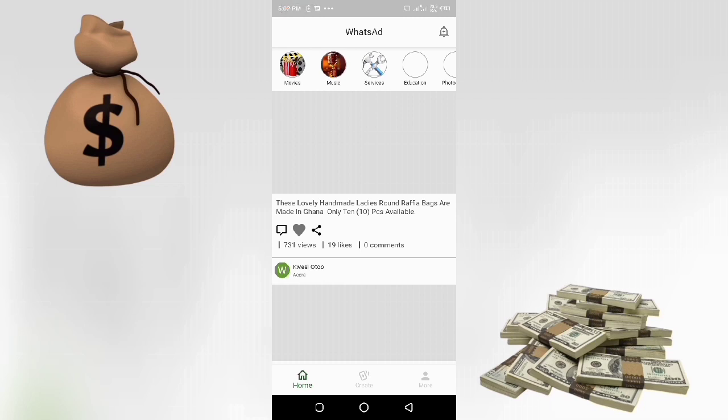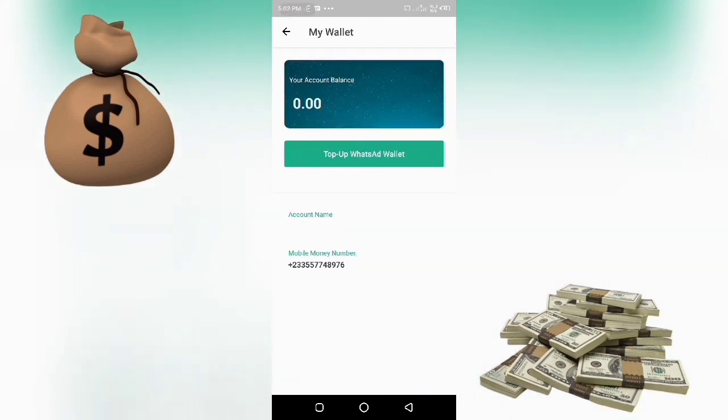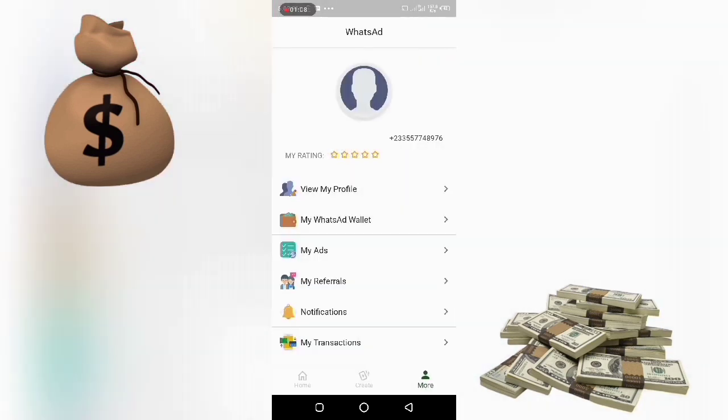Okay, so let me go to my account. Let me go to my wallet. So here I have nothing in my account. So here you can top up your account. Okay, so let me go back and